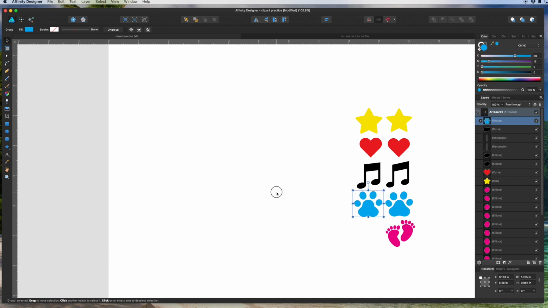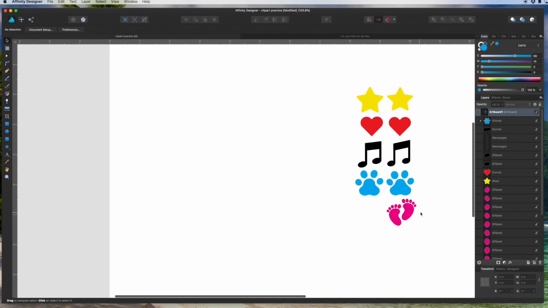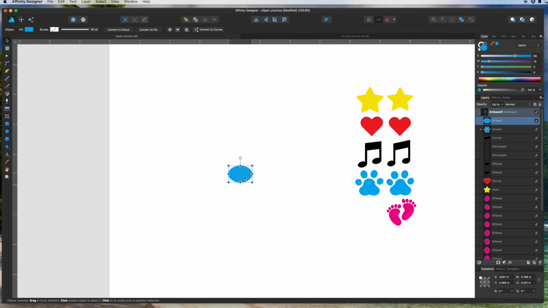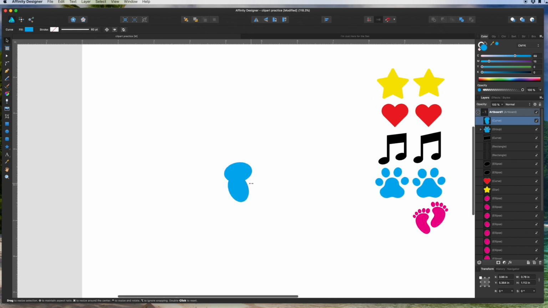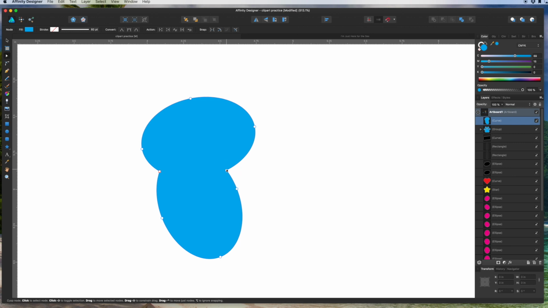Alright, just got one more, the foot pattern here. So those are kind of 2 ovals. So one oval going this way and another oval going this way. Kind of like that, right? Like that. And we'll do the same trick we did with the paw print. We'll combine these 2, this add tool here, and then we'll zoom in and pick up these points and convert it to